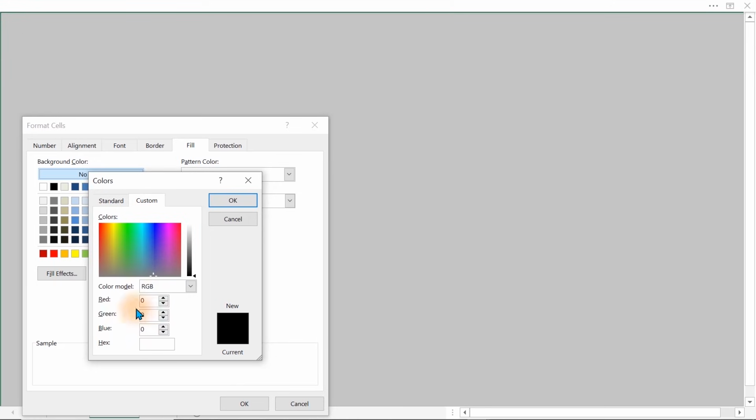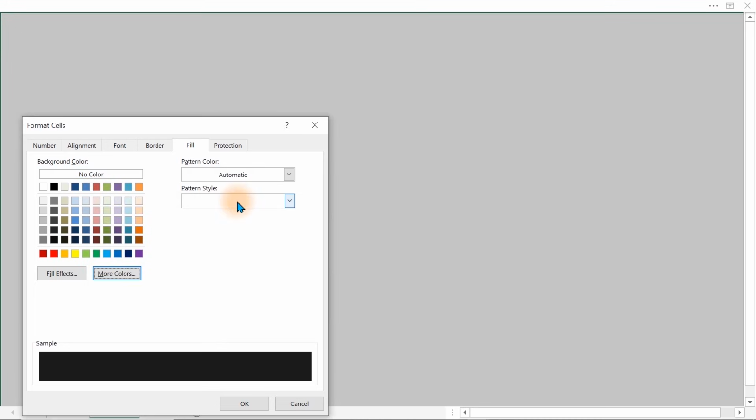Or still, you can use this particular RGB should you be using an old version of Excel. So here you're going to fill this particular part with 28 all through. Can you see that now? So 28 over here, fill it to 28, and on that 28, this is the kind of black that we want. Go ahead and click on OK. And here we go. We have a dark